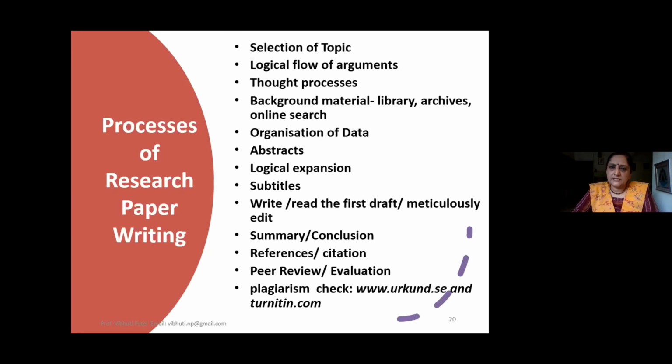So you have to consistently follow the style sheet given to you for the citation. Every university also has its own style sheet for submission of a PhD thesis. When I did my PhD in 1988, at that time we were writing footnotes and endnotes, 1, 2, 3, 4, and we were giving numbers to the references. Now that is gone. Now there is a cross-referencing that you have to do, where you give the author's name and the year of publication, and then you have a complete reference at the end of the paper or thesis.